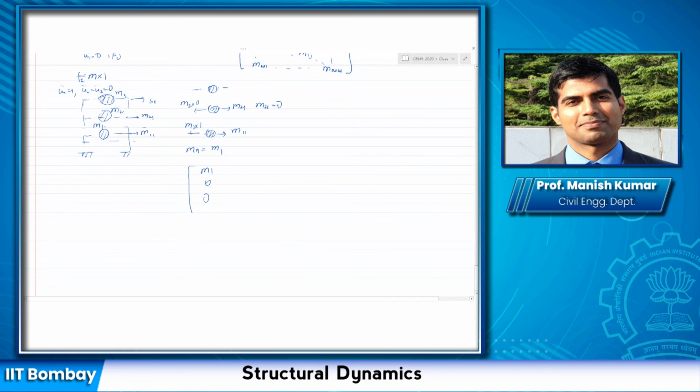When you do the same thing, considering unit acceleration at the second node, you will see that again the same thing happens. You would only have force at the degree of freedom at which you are applying the unit acceleration. So U1 double dot and U3 double dot are equal to 0 and U2 double dot equal to 1. So no forces here. So M32 equal to 0, M12 equal to 0, sorry, M32, and this is M12.